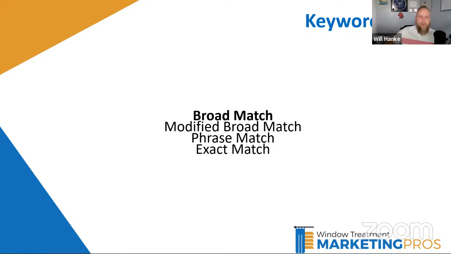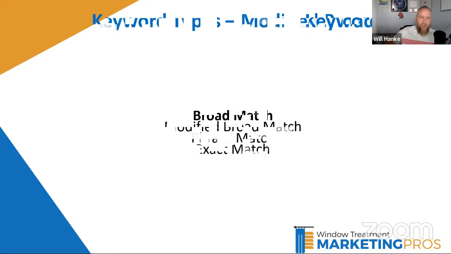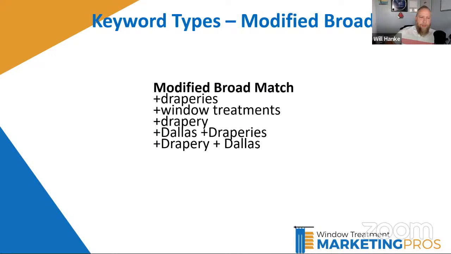Beyond that, there's also modified broad match, phrase match, and then exact match. And this is where it starts to get a little bit better. With modified broad match, basically what they do is they say, I only want my ad to show up if one of these words is in there, right? So if they use the word draperies, no matter what the phrase is, but that word has to be in there. With regular broad match, if they type in, I hate my curtains,